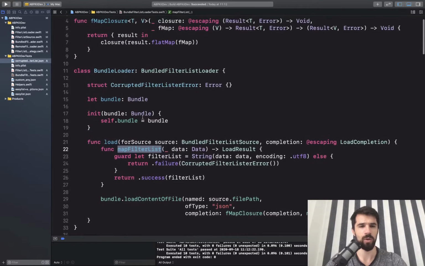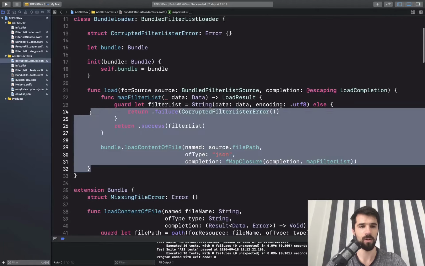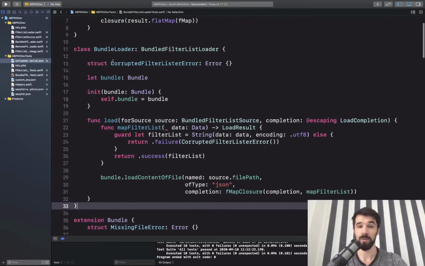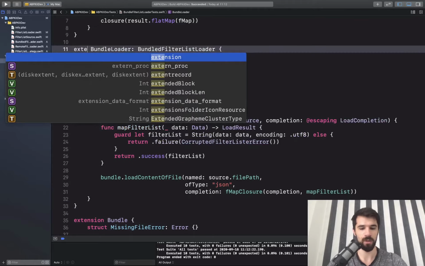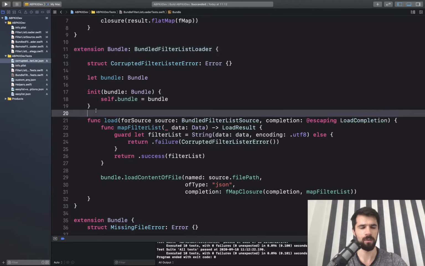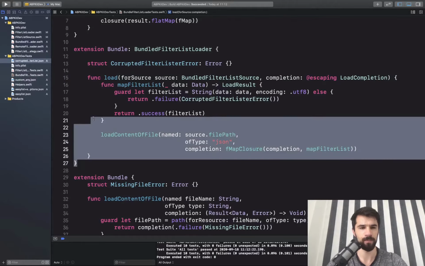Good, as we see, we have passed the test, and then we can move one step further and move this to an extension of our BundleLoader, of the bundle. So let's do here extension and have the bundle. Remove this, remove this,